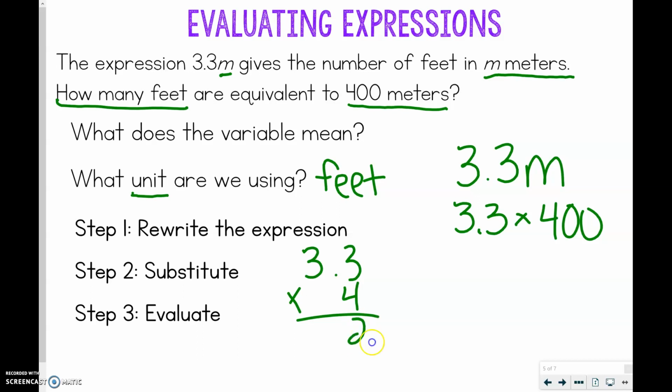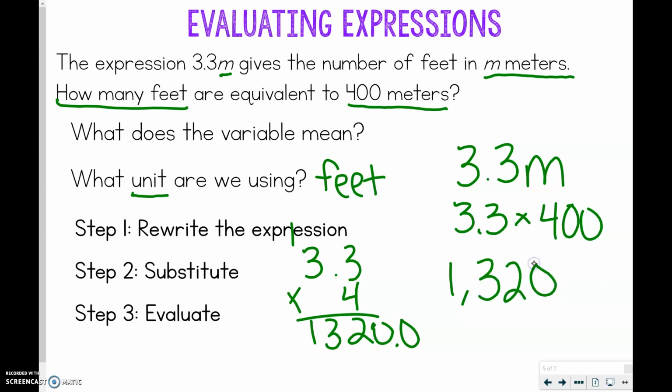So I've got my 2, carry the 1, 13, add my 2 zeros. So then I should have 1 decimal point. And if you're not sure, you can always do the actual math out, or you can double check with a calculator. I mean, I want you to be able to do the work. I'm just saying you can always do a quick double check. But your answer should be